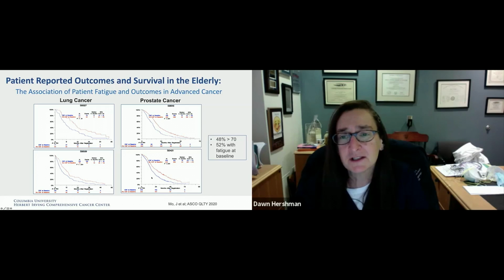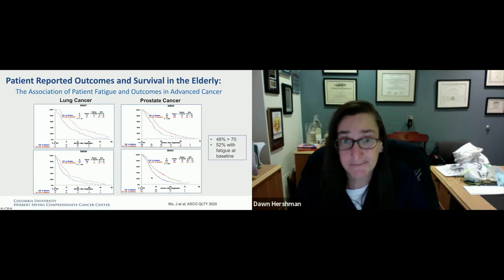But what was interesting in these studies is that patients that reported higher baseline significant fatigue had worse survival outcomes, both for lung cancer and prostate cancer,